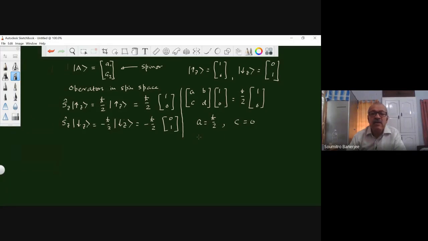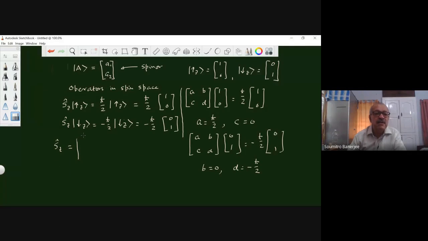Similarly, from this equation, you have A, B, C, D. It is (0, 1) equal to minus h cross by 2 (0, 1). This gives you B is equal to 0 and D is equal to minus h cross by 2. So it is then clear that the Sz as a matrix is,